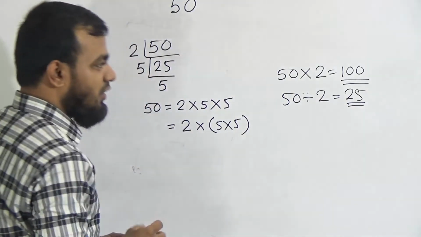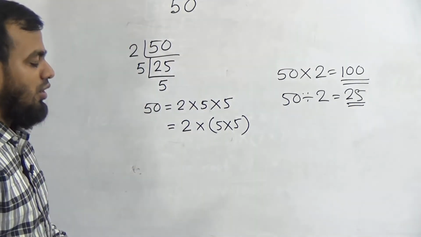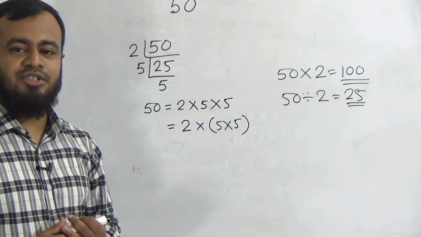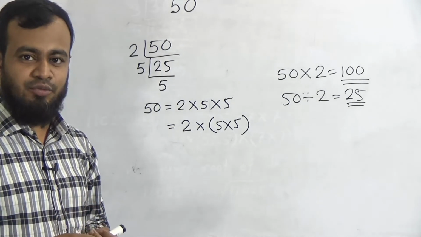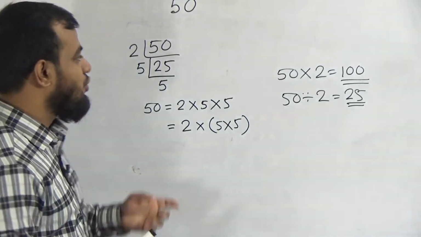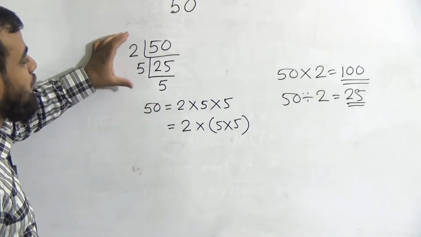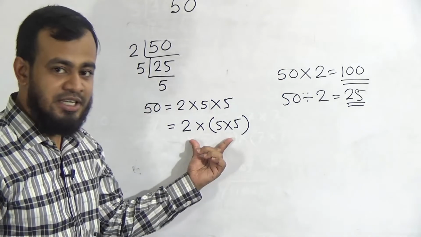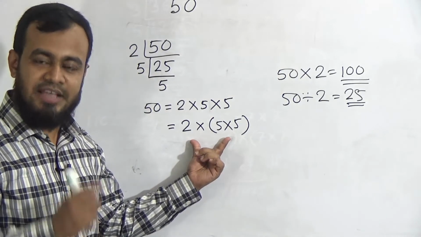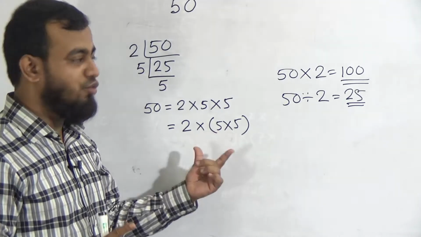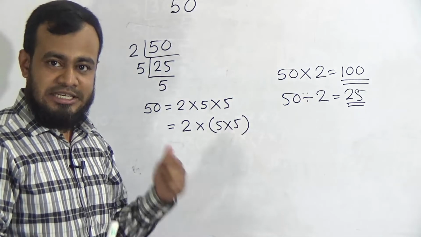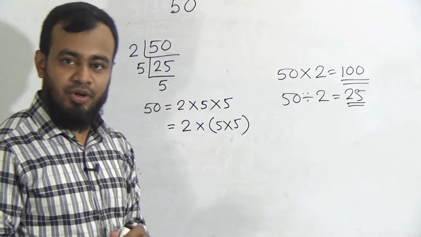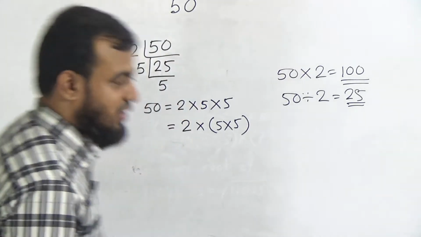Okay, that means to identify the least number which is to be multiplied or divided to make the number a perfect square number, we should solve this way. First of all, we should resolve that number in prime factors. Then we should make the pairs. Whichever prime number has no pair, that number needs to be multiplied or divided with the whole number. Then we will get a perfect square number. My dear students, I think you have understood.